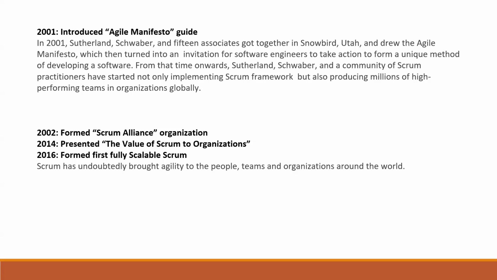So we have the first version of the Scrum guide. What they did was sit together with all those who were there. There were almost 15 to 16 associates who sat together and formed this Agile Manifesto, and after that they implemented the working in the later years. There were almost 15, 16, 17 people working on this particular thing. So in this way it evolved, and the brief information is more than enough.